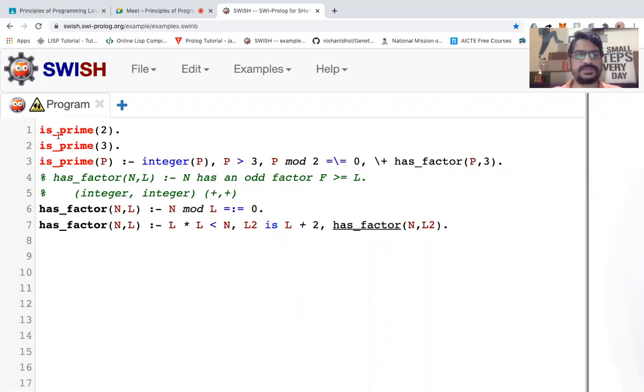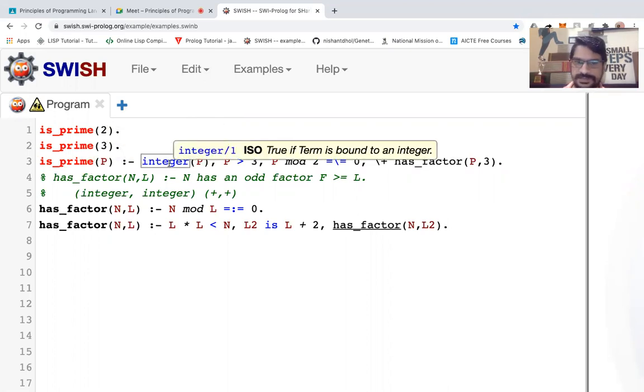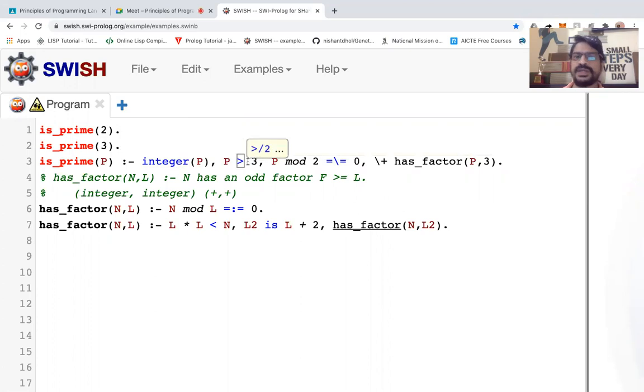Let's see what this is. I have defined some prime numbers. 2 is a prime number. 3 is also a prime number. Now here it says that P is a prime number if P is an integer and P should be greater than 3, and P mod 2 should not be 0.